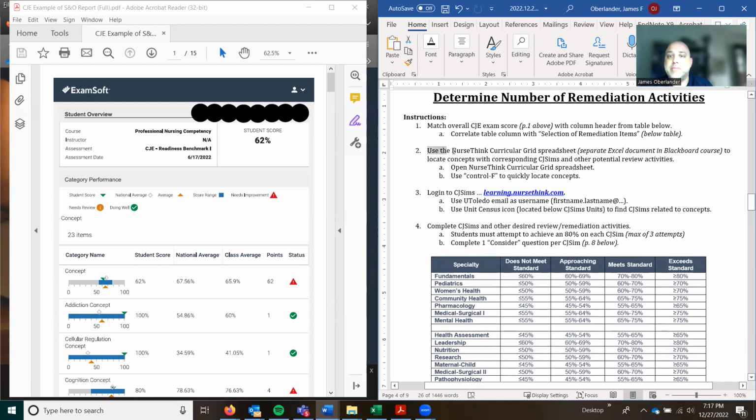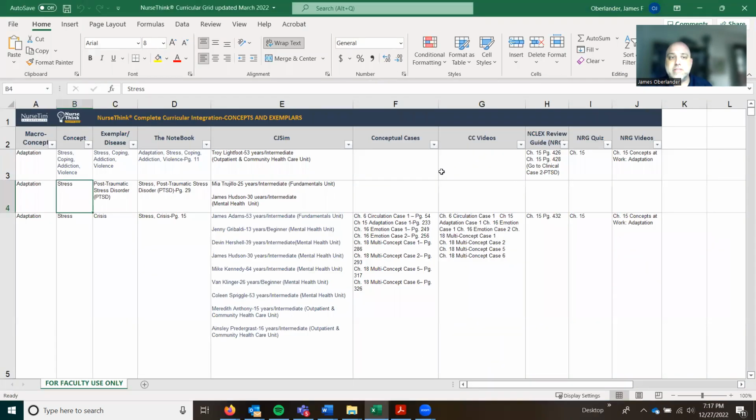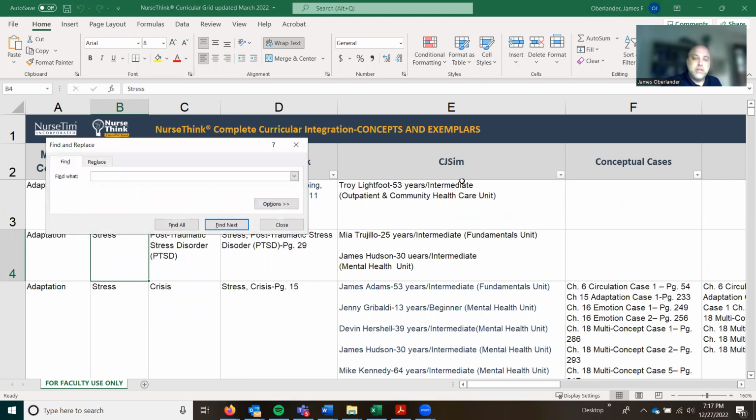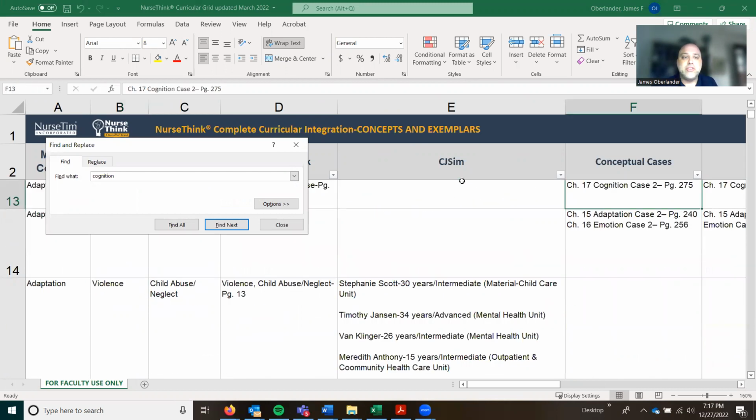So then step 2 is you're going to use the Nurse Think curricular grid spreadsheet, which is in your Blackboard. I'm going to pop that up here. It's going to look like this. And you're going to look at your top 4 concept areas, the areas that you struggle with the most. You're going to hit Control F, and then you're going to type in, for this individual, cognition was one of them. So you just type in cognition,